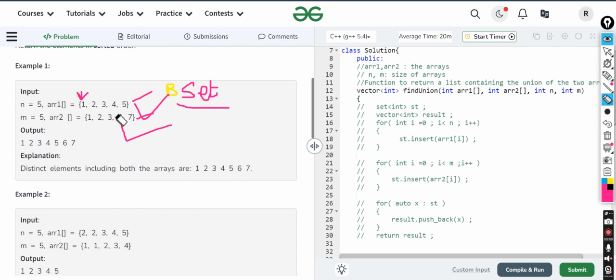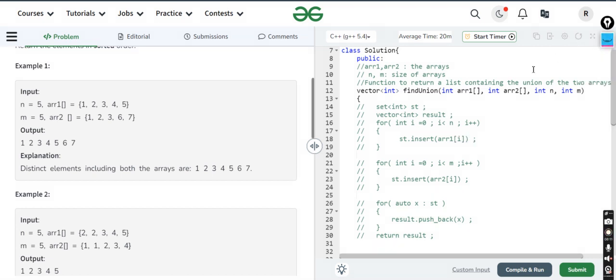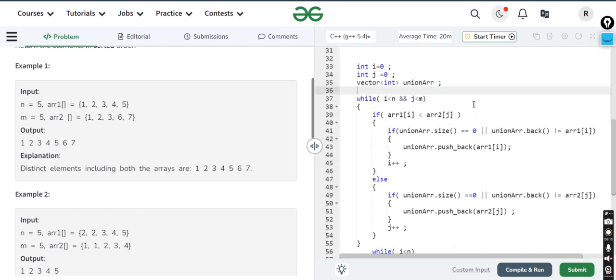So simply, what we have to do: we are not allowed to use n square, we are not allowed to use n log n complexity also. Then what is left? We are left with only one choice, that we have to complete it in one pass. Very simple logic it is. I recommend you please go and see merge sort. Merge sort logic I have used here.